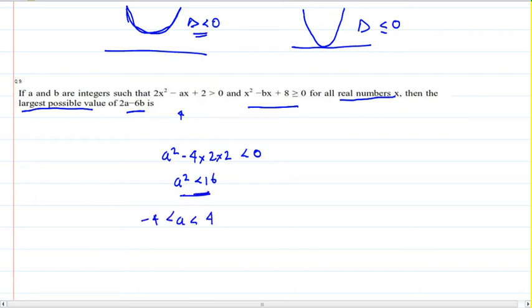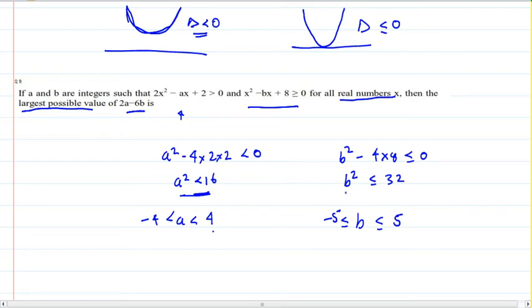Whenever a square is below a constant, it opens between positive and negative both. Here the middle term is b square minus 4 times the first and the last term, that is 8. I want it to be less than or equal to 0. I have got b square less than or equal to 32. Now, because they are integers, what square comes less than 32 but closer to 32? 4 square 16, 5 square 25, 6 square 36. I cross the limit. So in terms of integer values, b will be between 5 and minus 5.